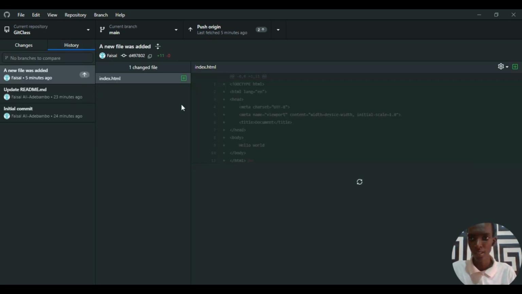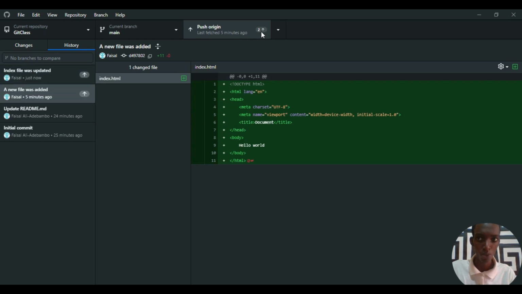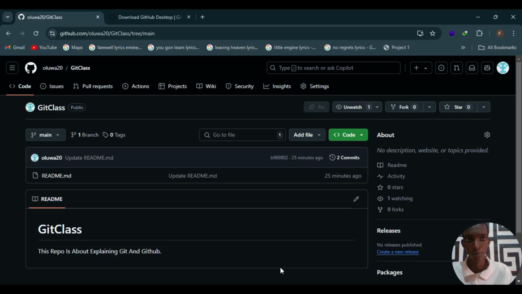Now if I come to my history now, as you can see, I'm having this, right? So now I can push. Now it's telling me I'm pushing two commits. One commit is "a new file was added," right? The other commit is "index file was updated." Now let us just push. Upon pushing, if you come to our browser and check out GitHub, you'll see these changes have been added. So let's go back there. Now on our GitHub, when we refresh our page